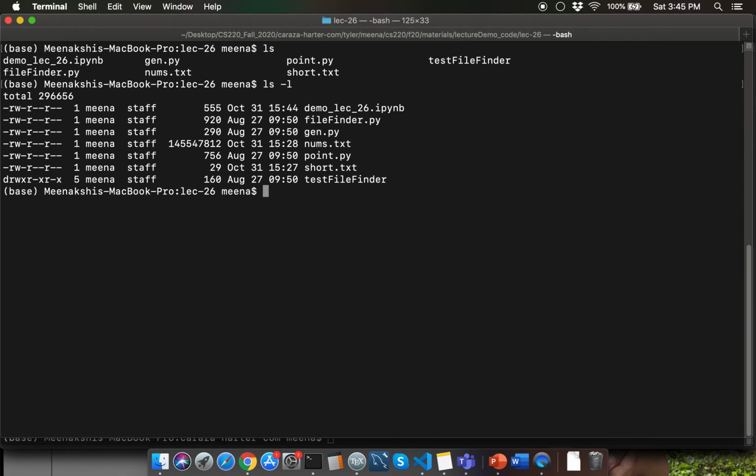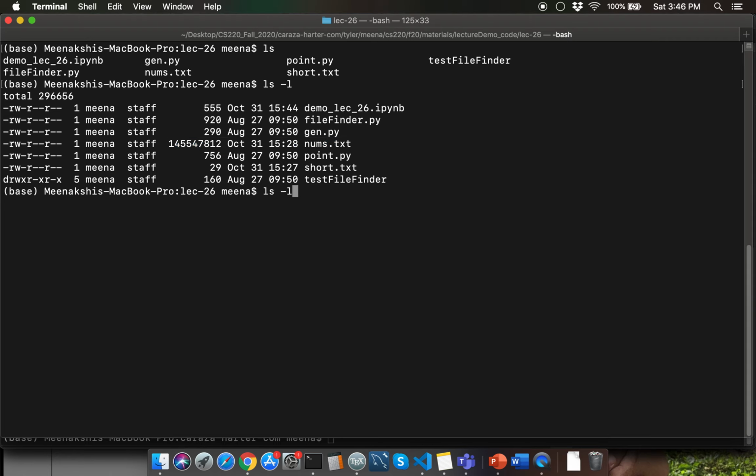So if I go ahead and hit enter now, notice that you're able to see so many details about each of these files in my current directory, including the size of the file. The size of the file is difficult to read, because it just has all numbers. It's not so easy to understand, but you might be able to guess that the nums.txt file here is a large file.